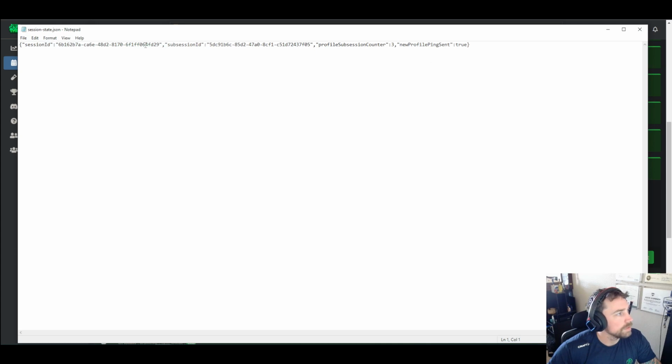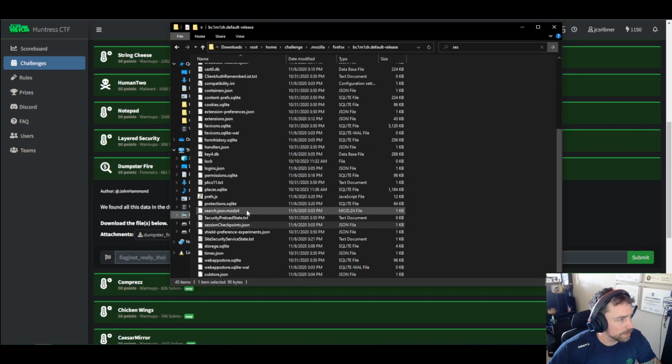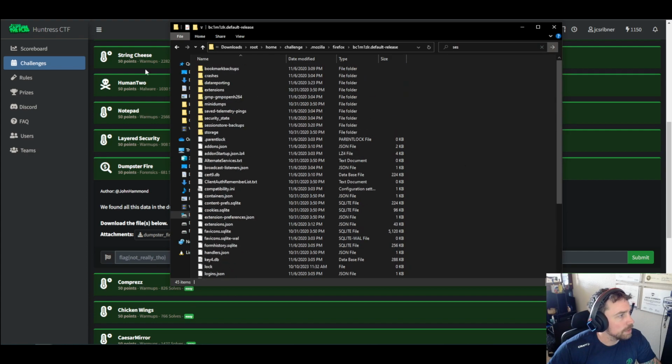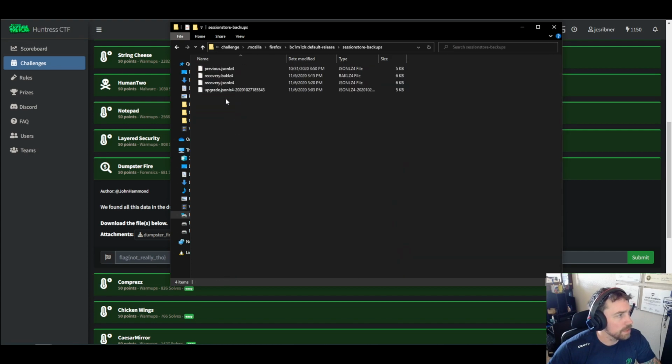My thing's doing a little funky here. That doesn't look like anything that we can use, so I'm just going to close that real quick. But for session stuff, there's a ping. There's just that file. So we're going to go back in here, and we're going to open up one of these